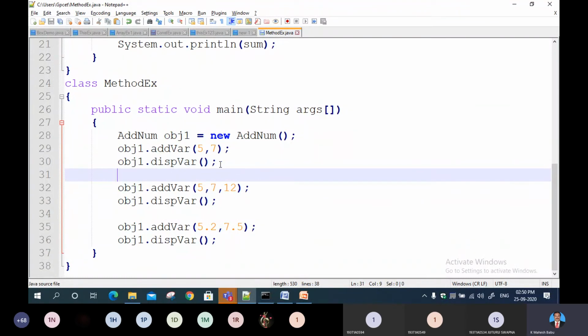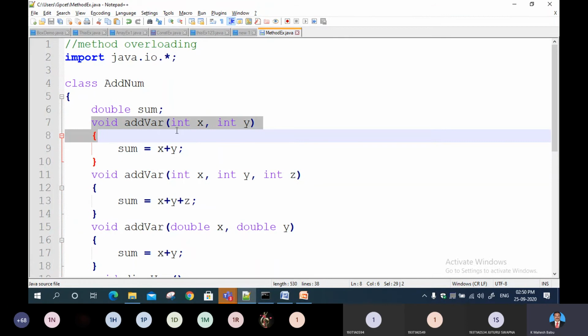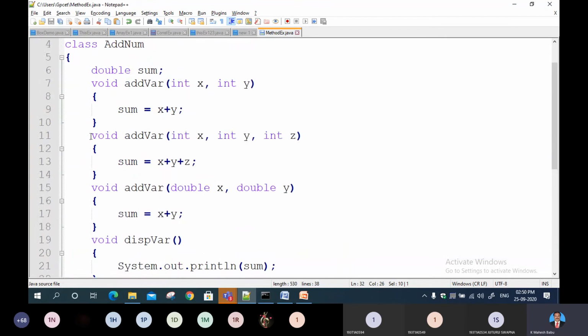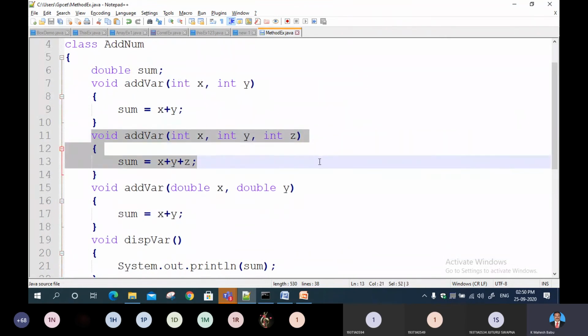This is a simple example here, add. I took only one object here and I call 3 times with 3 different parameters to the same method. Only one method name is used, but if you are passing 2 parameters, appropriately the 2-parameter method is invoked. The compiler acts intelligently and can invoke that particular method. If you pass 3 parameters, the system is going to invoke that method and execute those statements, and so on.